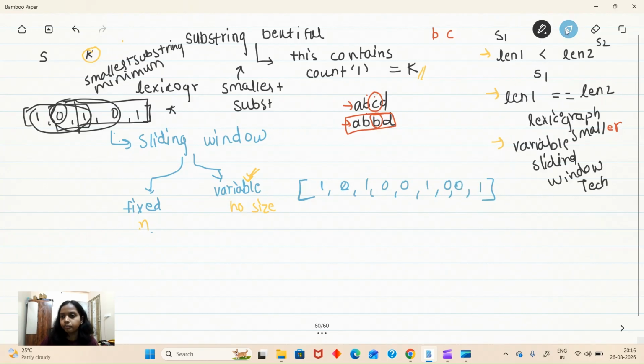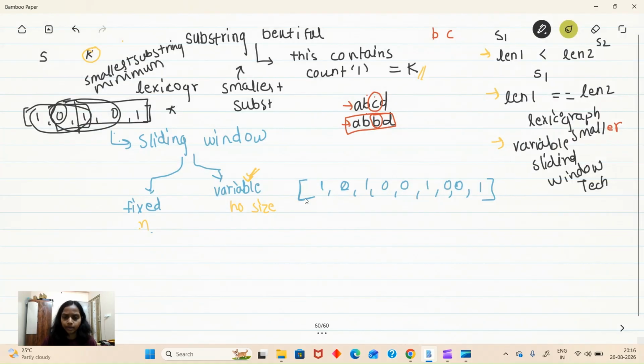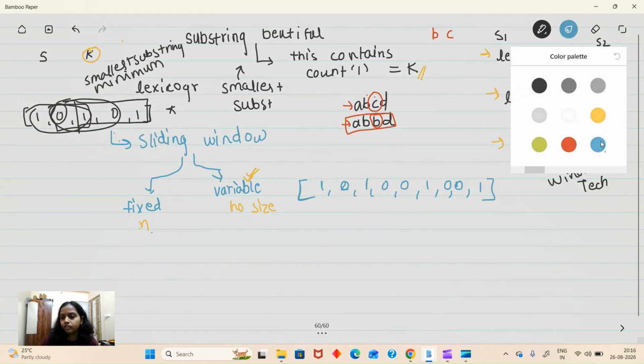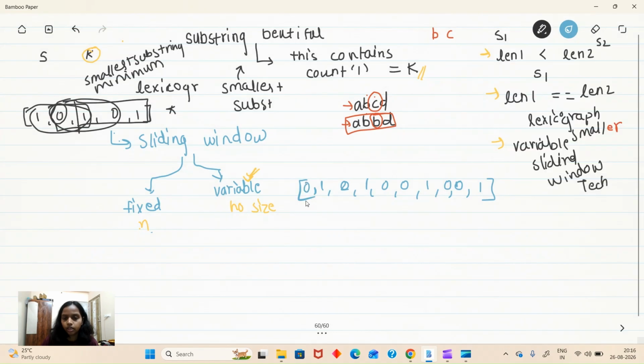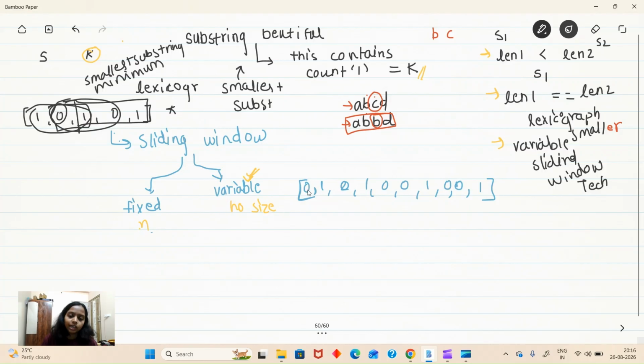As I said, there is no fixed size, so this is variable. So what we will do, we will start from the first element, or let's take an element different from the first one. We will use this. Now I'll start with an initial variable.